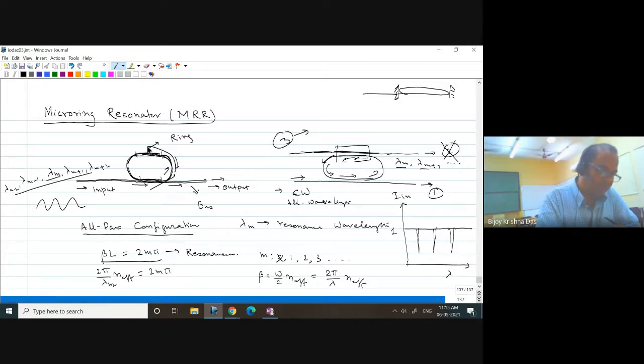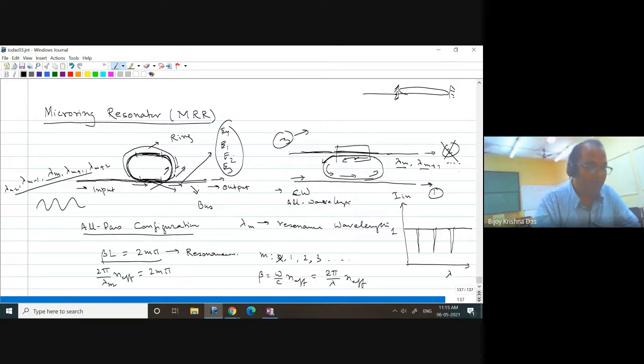When one round trip comes back, then a fraction of power again comes back here, and some fraction will go here. After one round trip, I'm talking. Now you see the resonance condition happens. Suppose the first thing coming is E1, and after one round trip you are getting E2. After the third round, maybe you are getting E3, and the fourth round, maybe E4, and so on. So you add all of them together, that is what you're supposed to get in the output here, right?